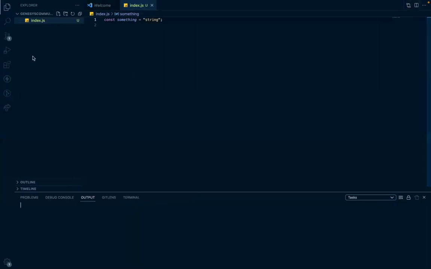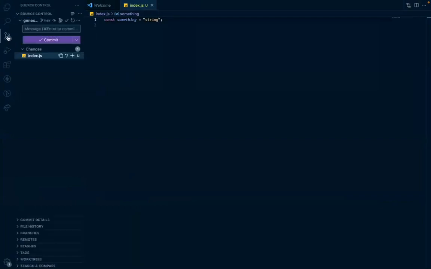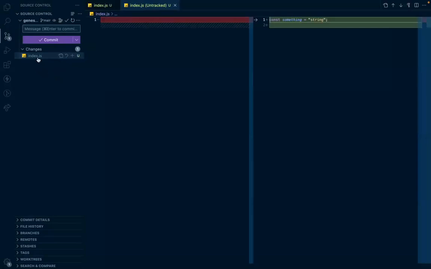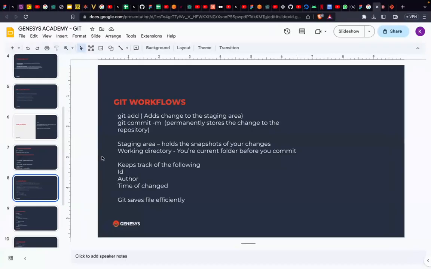now we have initialized Git in our repository. If you see, before we did git init, we didn't have this. There was no notification or icon, nothing was happening here. Just because we have initialized it, Git now knows that I'm adding Git to this project and I want it to do anything I want it to do moving on from now. That's, for lack of a better way to say it. Now you can look at this and see what Git is doing here. I would explain this further in the class, but going back to my slide,